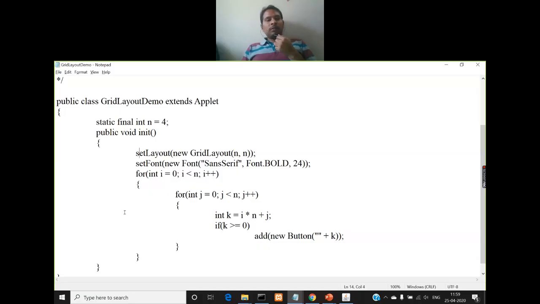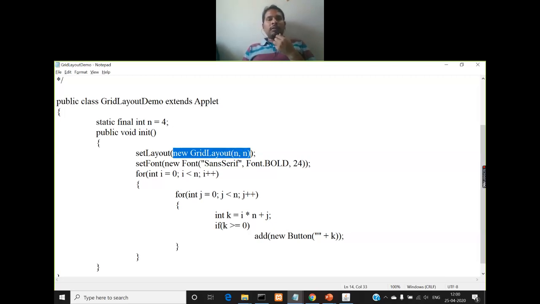So inside the init method, you know how to set the layout for your applet window. So you can do that by calling the setLayout method. So inside the setLayout method parenthesis, I am passing one parameter. So what is that parameter? It is nothing but the layout class object. So which layout we want to use now? GridLayout. So just pass an object of the GridLayout class. So instead of creating an object earlier in the program, I'm directly instantiating using the new operator inside the parenthesis of the setLayout method itself. So this will create an instance or object of the GridLayout class.